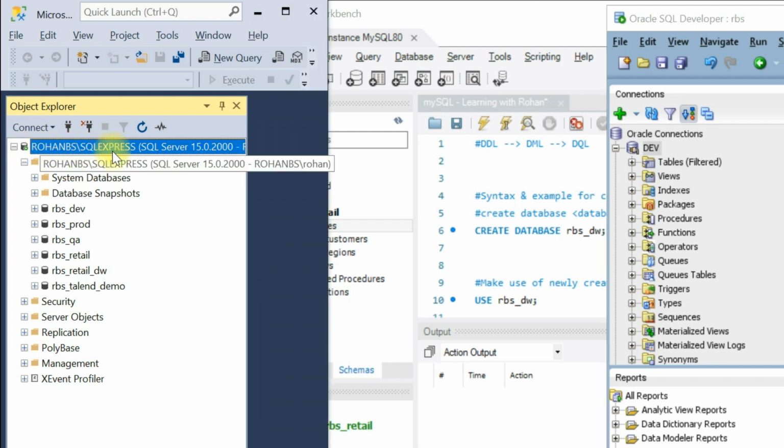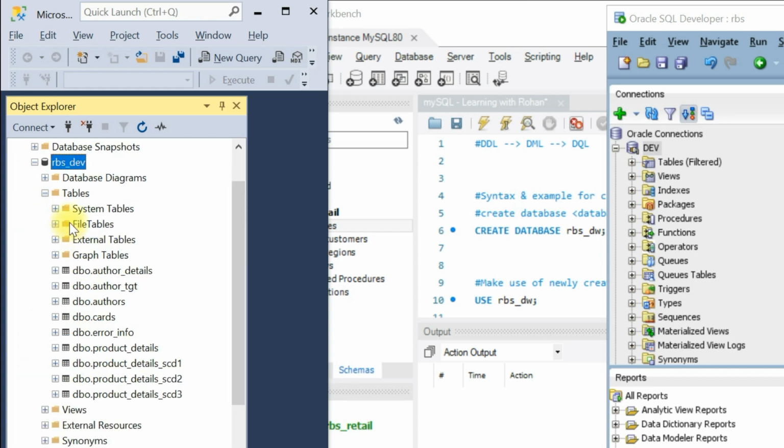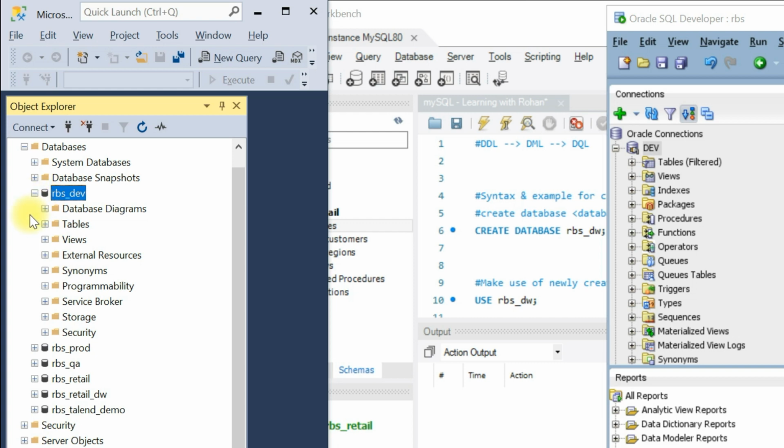When you connect to a particular instance, you will have any number of databases in it. In this example, it has RBS Dev, Prod, and QA. You can have as many databases as you want, and under each database you will have all the database objects: tables, views, stored procedures, and everything.